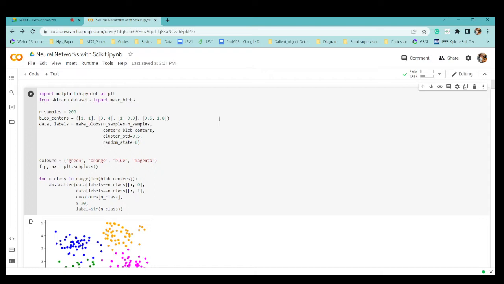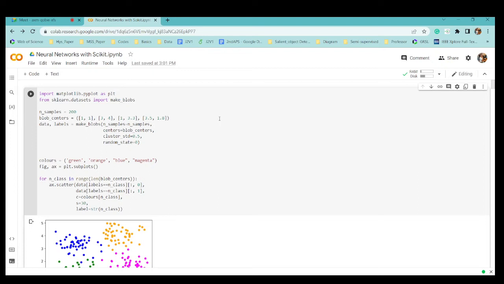Today I'll be dealing with neural networks with Scikit. The most important libraries that go along with any problem are pandas, matplotlib, and numpy. These basic libraries will keep coming up again and again.